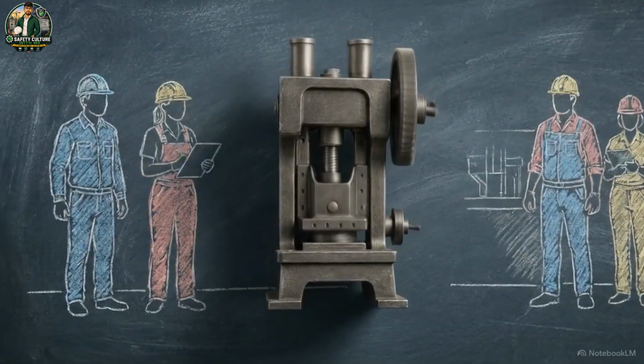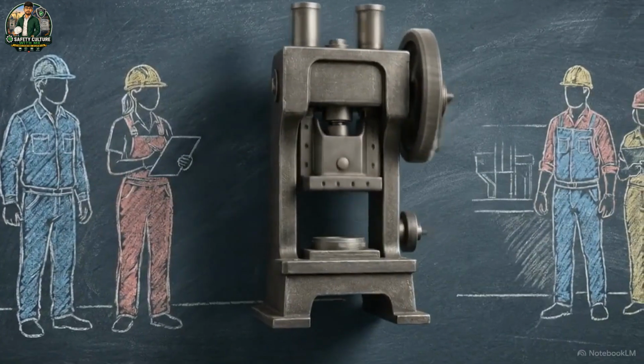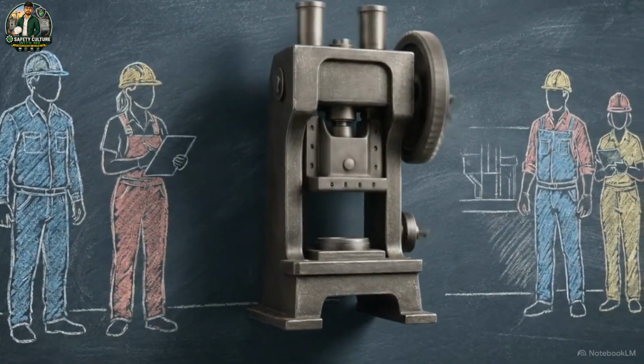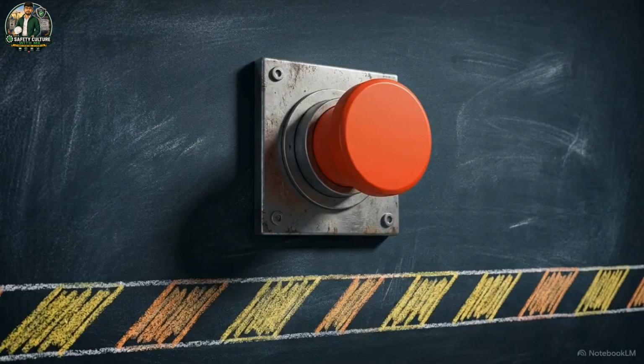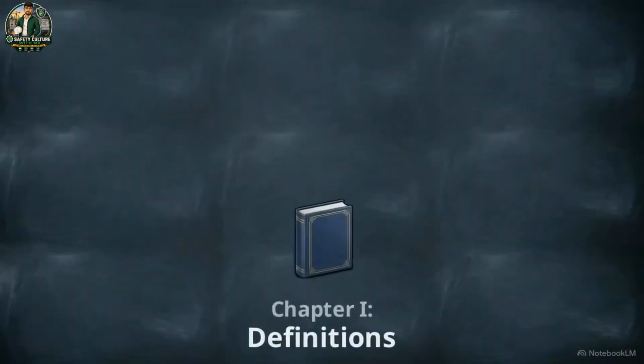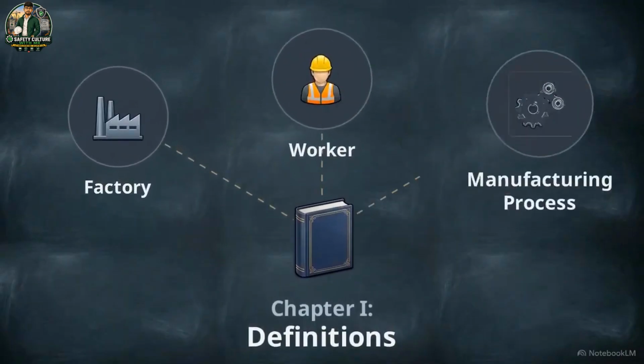A large-scale manufacturing floor is an inherently hostile environment. Heavy stamping machines, high-voltage power, and toxic chemicals operate inches away from human flesh. When safety protocols fail here, the human cost is immediate. In Chapter 1 of the Factories Act of 1948, we established the core vocabulary: what constitutes a factory, a worker,